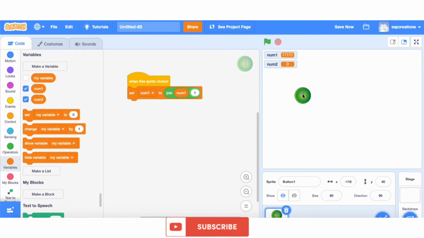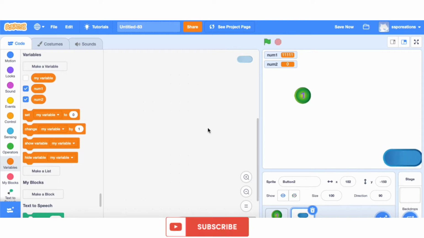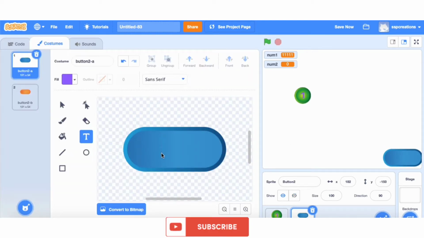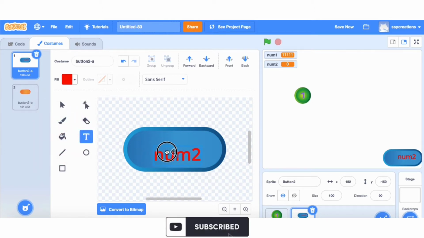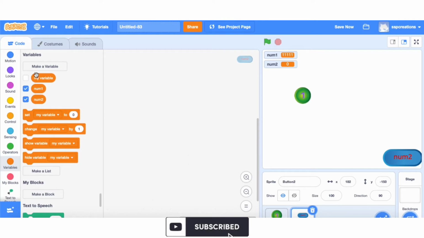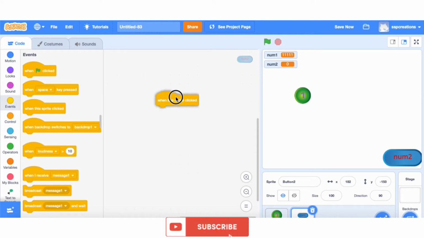1 1, triple 1, 4 1. In this way you have to join the numbers, and in this way we can join number 1. For number 2 we have to upload a new sprite. Number 2. When the sprite is clicked,